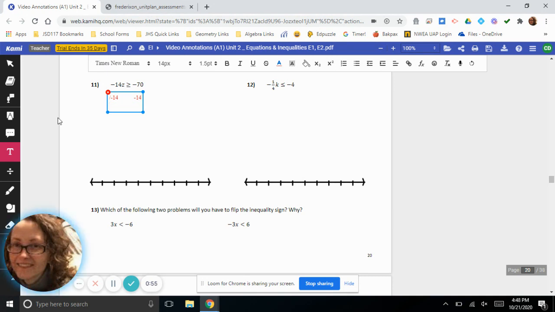And because I have to divide by a negative 14, usually change the color. I'm not sure if that's showing up very well. Because I have to divide by that negative 14, as soon as I get that division by negative 14, I'm going to change